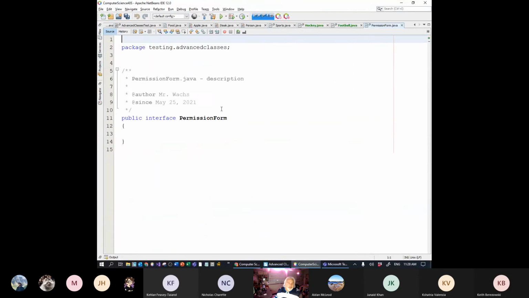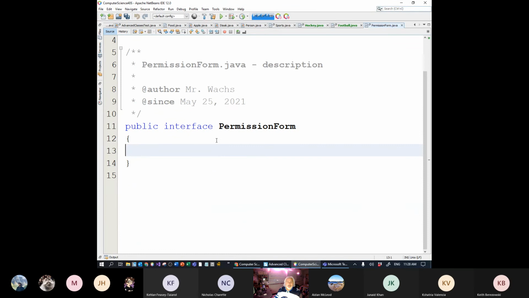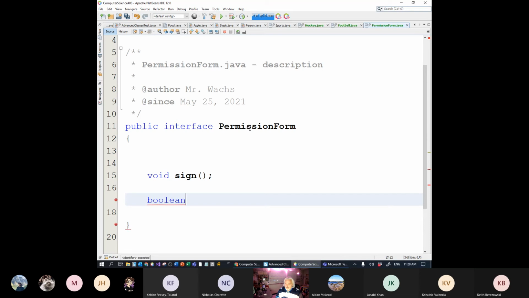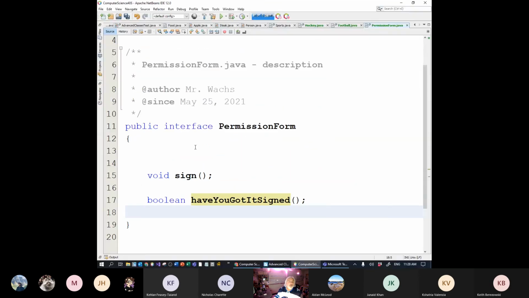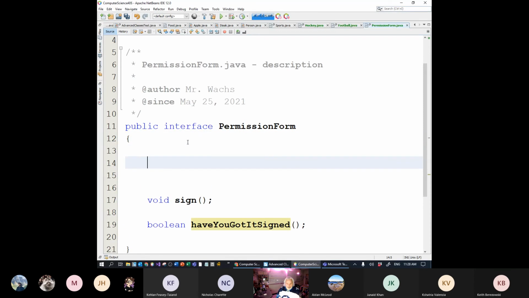Real quick before we wrap up today, let's put in some method signatures. It just has two. What do you do with a permission form? You sign it. That's it. And a Boolean method: have you got it signed, yes or no. It will return a Boolean whether or not you've got it signed. So I sign a permission form, and then this is what your teacher always asks you, have you got it signed? But with this permission form, we're also going to add a static